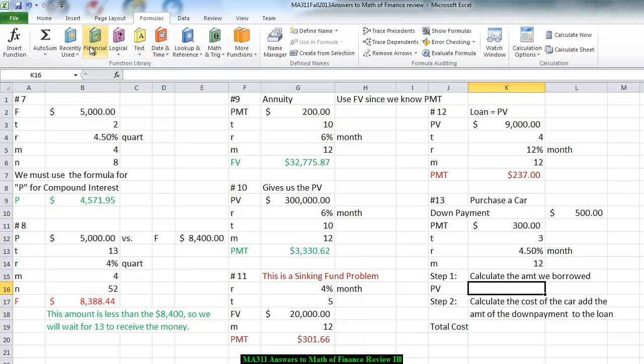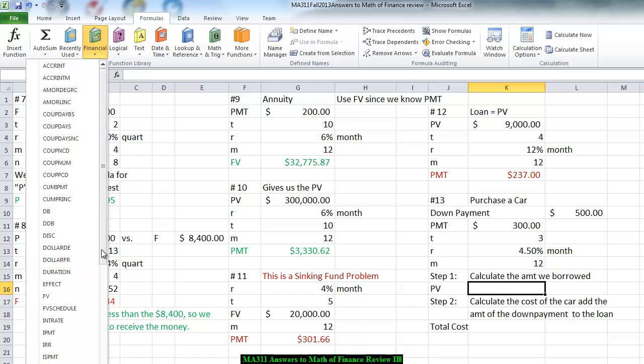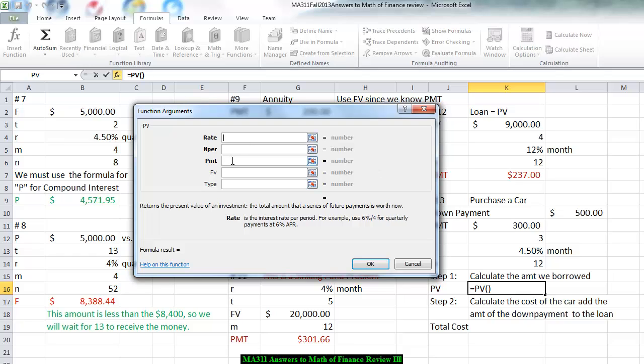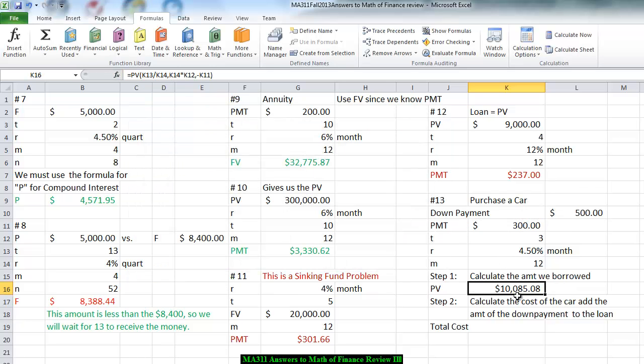So we go to Formulas, we go to Financial, and we're going to go down to present value. Again, with the present value, we want to find out the payments. So we know that the interest rate over here is the 4.5% divided by 12. We know the N per is the 12 times the 3. And we know that the payments we're going to make, so that's negative, is $300. And what that tells us is that we can borrow $10,085.08,